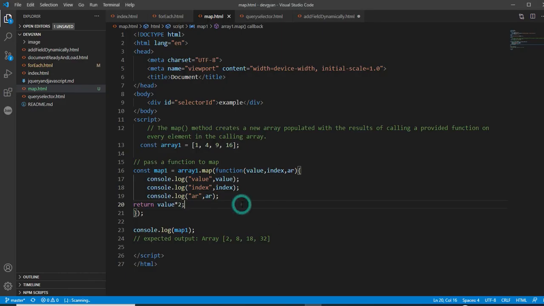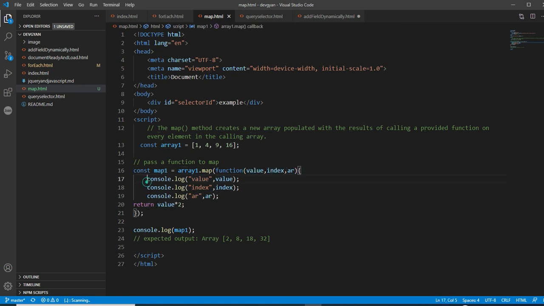So I hope you understand how you can use the map method. Here you are passing three arguments, where one argument is necessary. It means each value you can get through the map method, and the second one is the index. It means for this array, on this index the value is this.